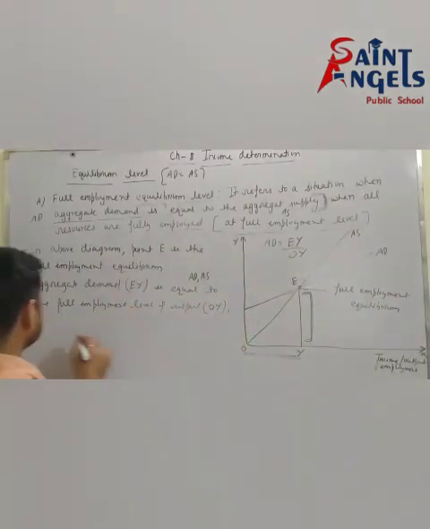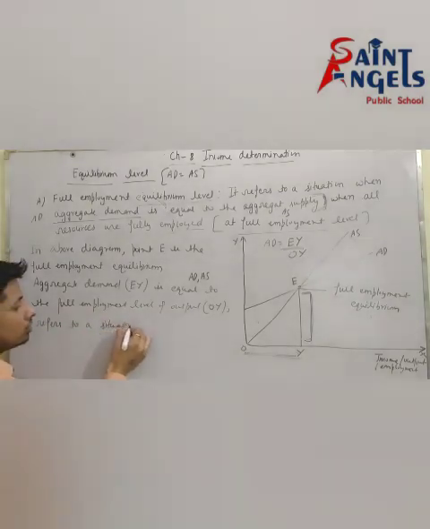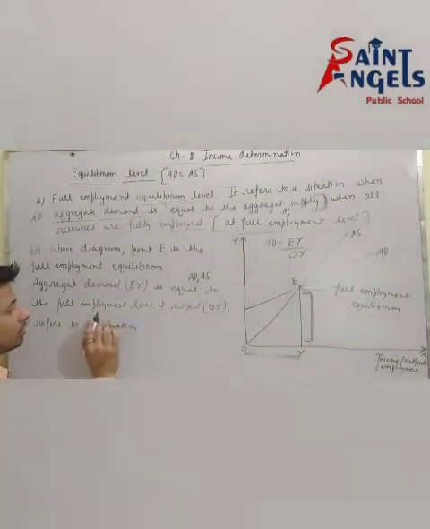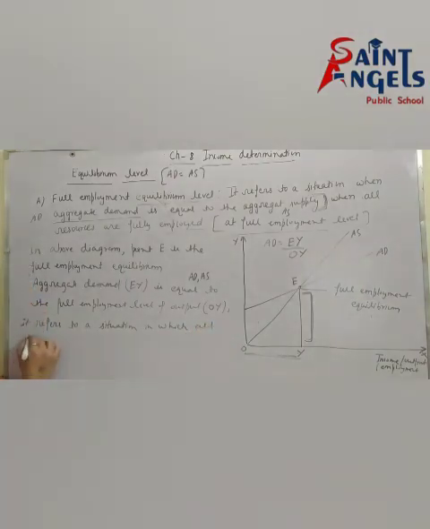OY refers to a situation, you will explain equilibrium level of output. It refers to a situation in which all those who are